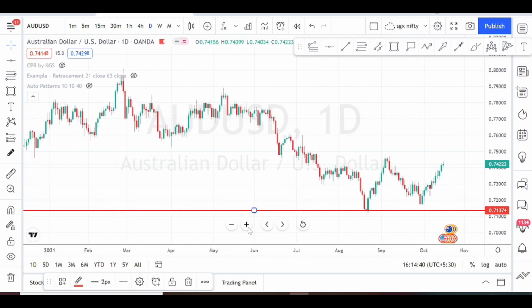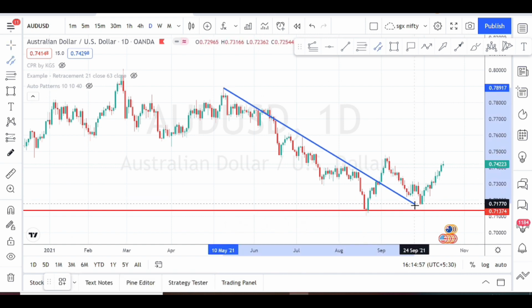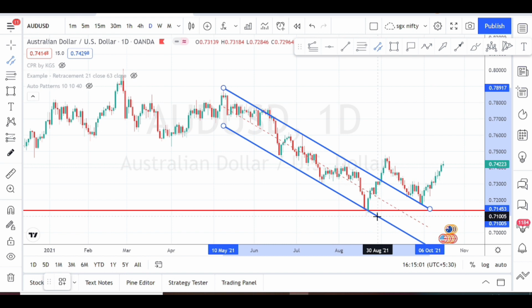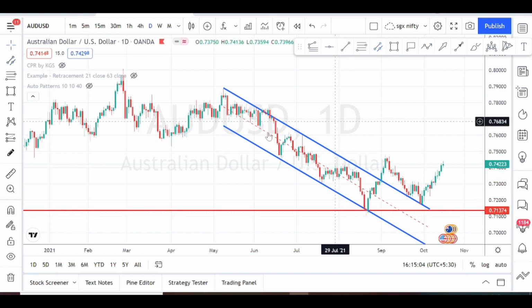When we analyze the trend in detail, we can notice that it was on a downtrend and it had traveled in a channel pattern. So this is the channel pattern. It has gone a little bit out. We cannot expect a perfect channel to form. We have to take rough areas, then try to understand the price action. So this is the trend. We have noticed that it was on a downtrend and it was traveling in a channel pattern.